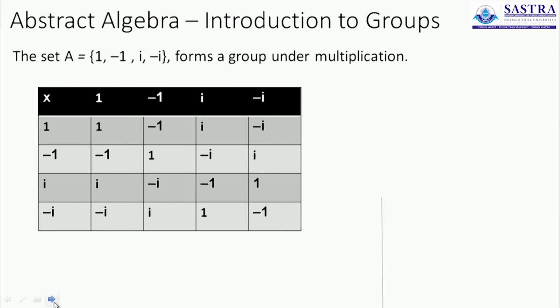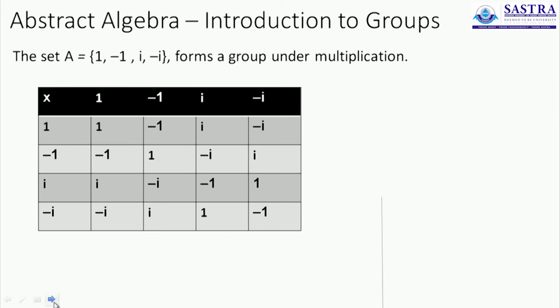Moving further, we can also focus our minds on groups which are finite. It's not always that groups have to be infinite. I have given you like 4 or 5 examples now of sets that are infinite. That is not a necessary condition. You can even have groups with a finite number of elements, and the first example for that is on your screens. The set of all elements 1, minus 1, i and minus i, iota, the component of the complex number along with its negative, forms a group under usual multiplication.